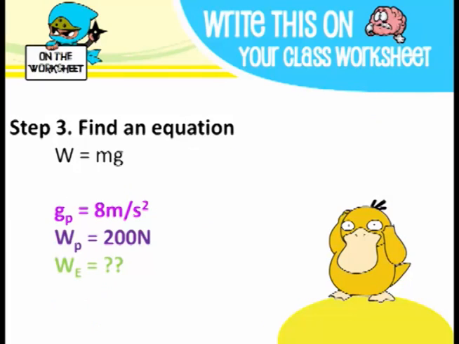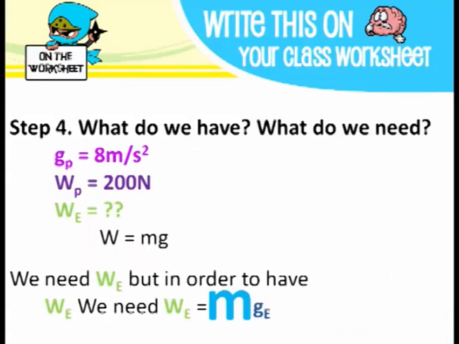Alright, so now we're going to find an equation. Our equation is obviously F equals ma, or in this case we're using W equals mg just temporarily as a placeholder, so people can understand the words, until people get used to what these things stand for, and then we'll go back to using F equals ma. Alright, so we have W equals mg. We're going to be plugging those things in. You have to remember that your g and your W have to be related.